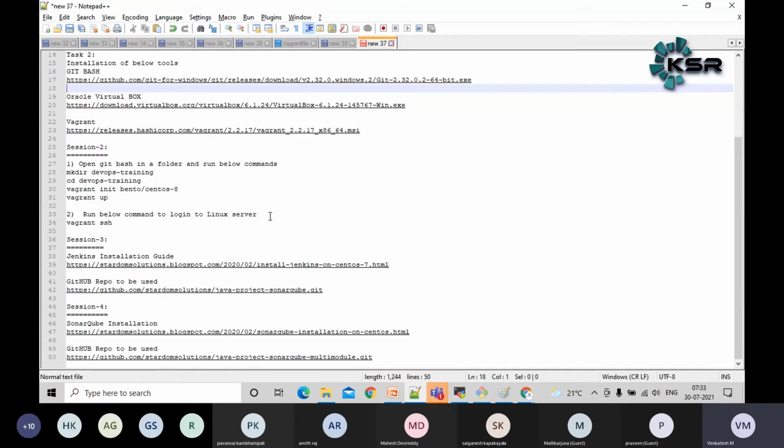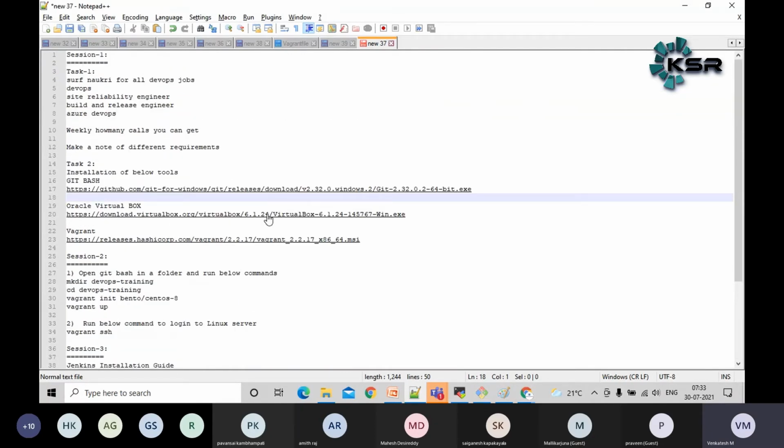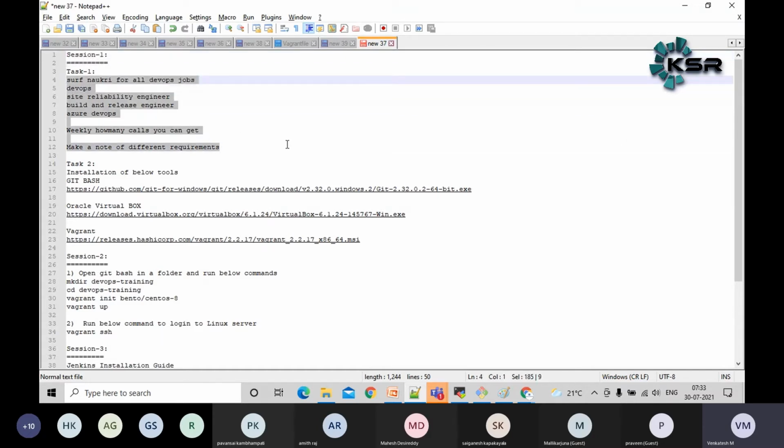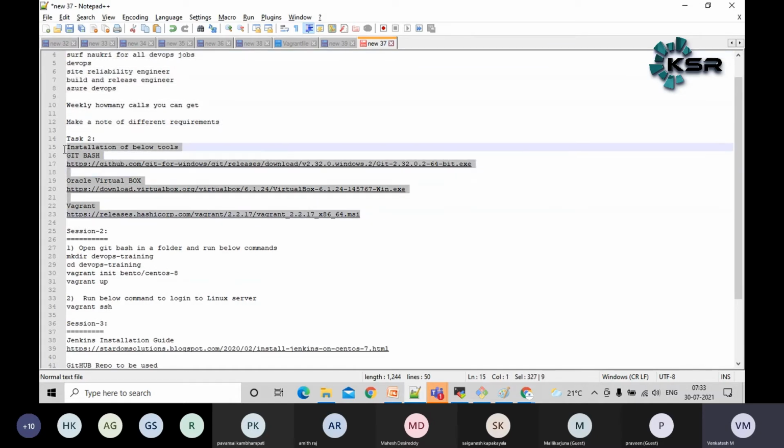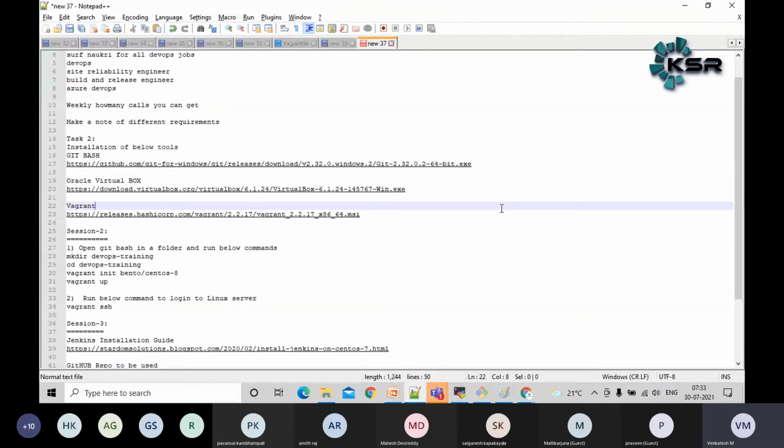These are the tasks, guys, which I have given earlier. In session 1, I told you to make sure you are confident enough to start the DevOps activity, so please search the internet. I'm not sure how many people have done this. For task 2, I think most people have started. If you have started, feel free to ping me. I will take a one-to-one class and try to fix the issues for you.